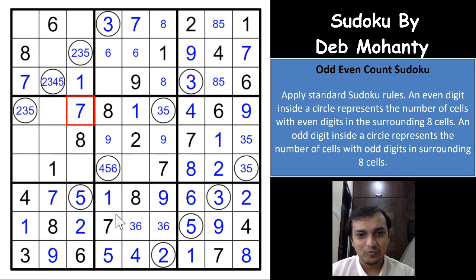Now this Sudoku is flowing like anything, right? And this 5, let us see this 5 now. You have 1, 2, 3, 4 and 5 odd digits, which means this has to be 1, which will be 6, 3 and 6. Right, 1, 2, 3, 4 and 5. Oh, this has to be 3 and 6. Sorry, 6 and 3. My bad. Thank God. So this has to be an odd digit here, even digit here, because you already have 5 odd digits here.